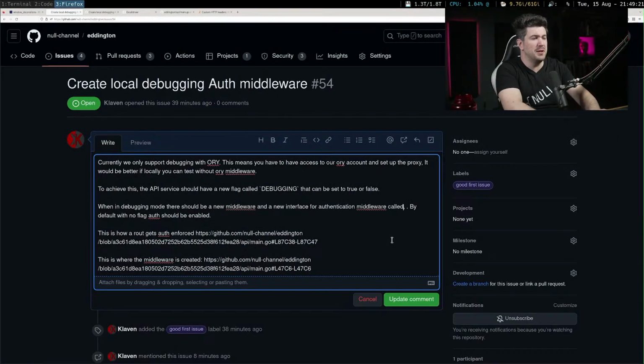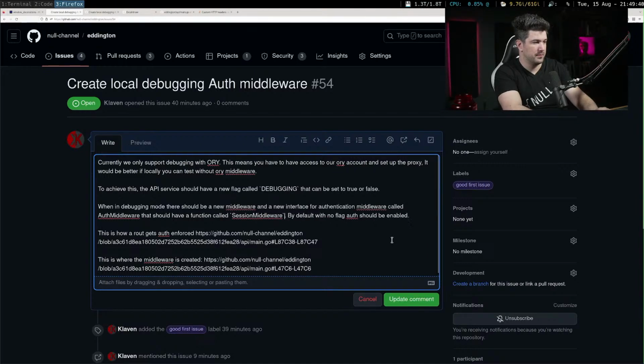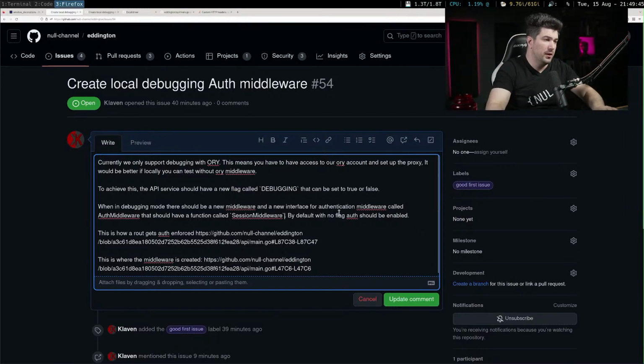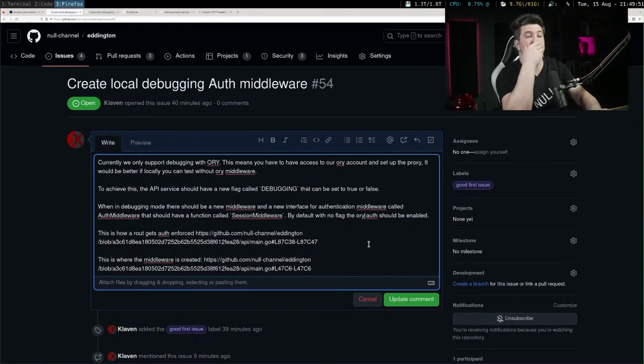New authentication middleware called auth middleware that should have a function called, by default with no flag, auth. The ORI auth should be enabled.